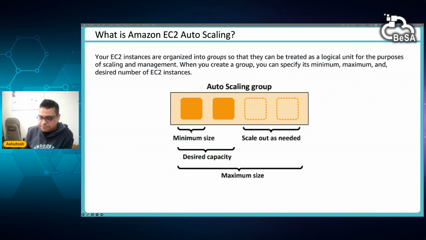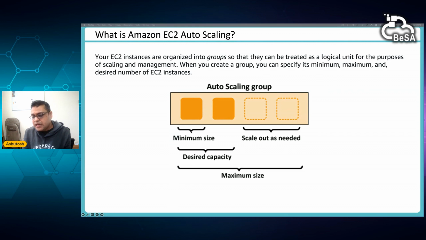Desired capacity is the capacity at which it will try to keep the number of instances, but at a minimum this is guaranteed. The minimum number of instances will already be there, right?